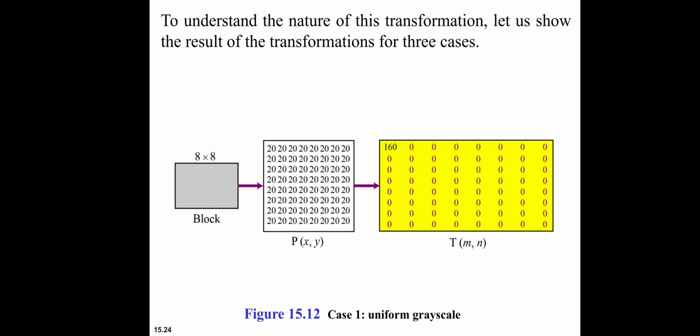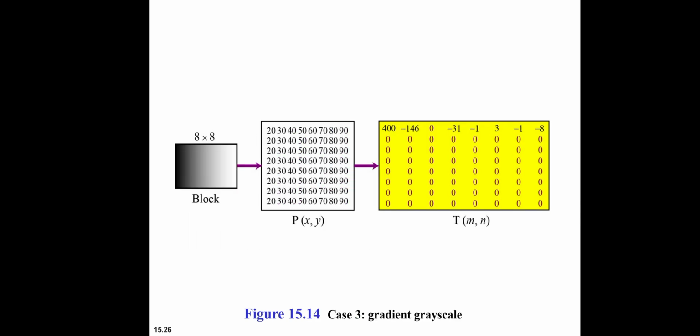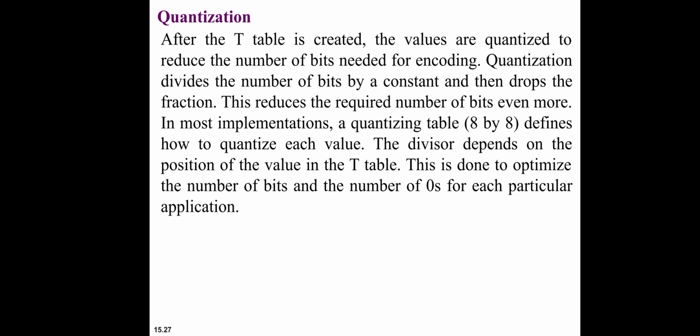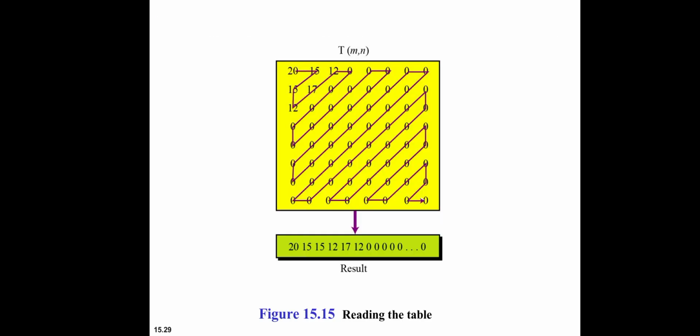So an 8x8 block means, for example, 20 values have been given. It will be combined into one grayscale. After that, it will be given to the pixel values. Then it will be quantized to the nearby values according to the quantization table. We can make the values to be reduced. After quantization, it will be given to the compression method so that we will get the lossless compression. So we finally see the result, from 20 to how the pixels will be classified up to 0 by